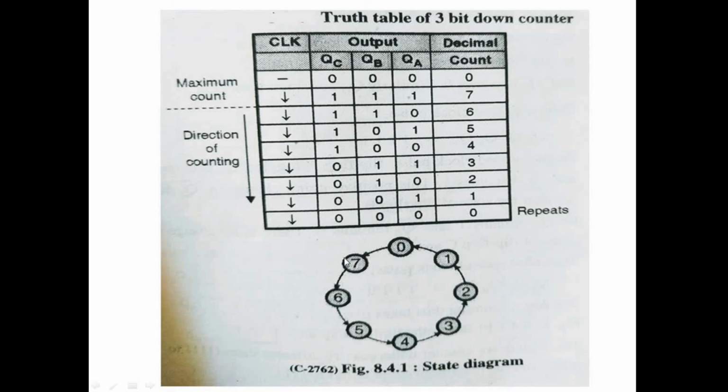The major application of down counters lies in situations where a desired number of input pulses that has occurred is to be found. In these situations, the down counter is preset to the desired number and then allowed to count down as the pulses are applied. When the counter reaches the 0 state, it is detected by a logic gate whose output at that time indicates that the preset number of pulses have been applied.